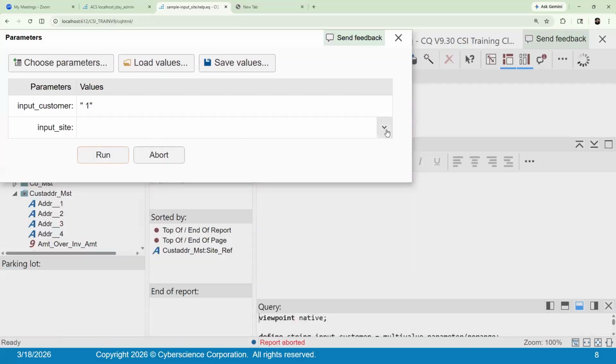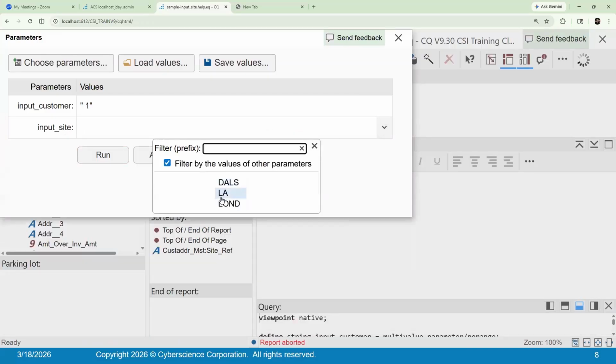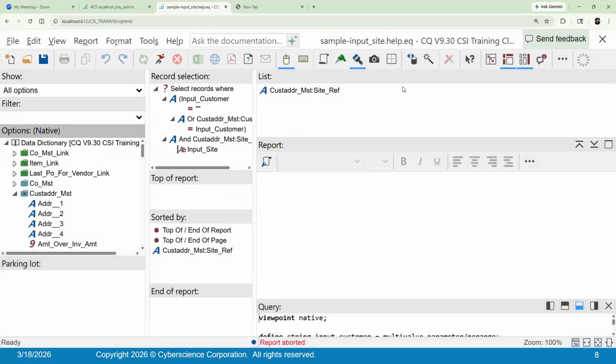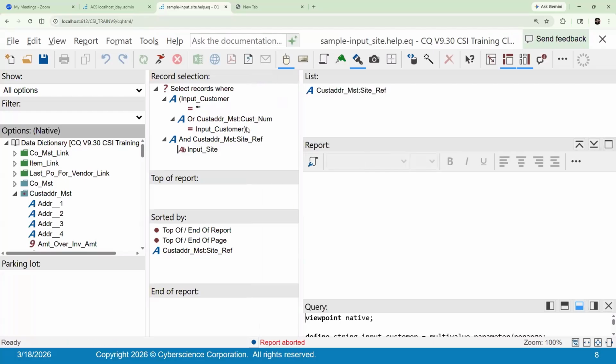And then I'll come down here to Site. So this is the one that's not been modified. So I want to just show you what these look like. So this is the input site help. Notice, and I'm going to go between language and visual right now, but it's not complicated. It's just input customer equals quote quote cust addermast, custom equals input customer, and then site ref